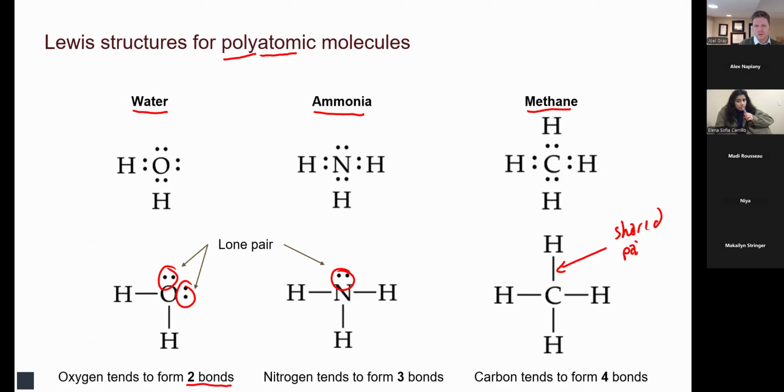Now, a shared pair of electrons can also be drawn like this. And then sometimes, though not very often, you'll see it drawn like this. Are we going to have to remember all the molecules? Not right now. When we get to organic chemistry, which is later today, I'll show you the ones that you need to know. But spoiler alert, there are some simple rules and that'll make it a little bit easier.